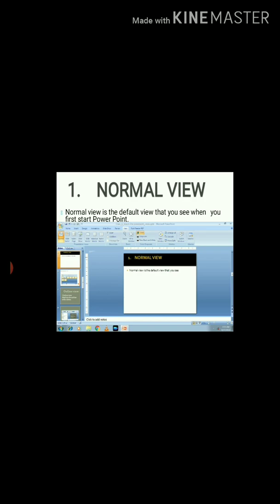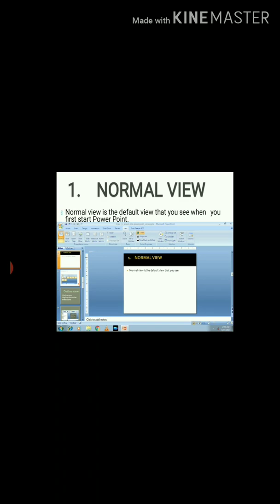First is normal view. This is the default view that you see when you first start PowerPoint. It displays all the slides in thumbnail in the slide pane.